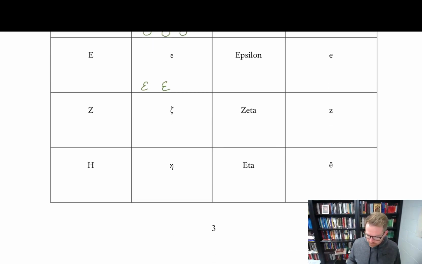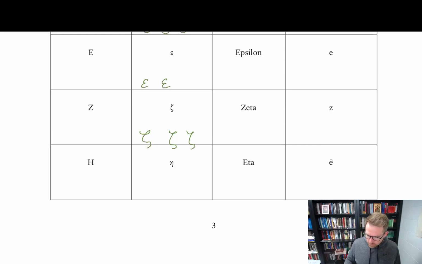This is one of the more difficult letters because it's so different than anything that we have. But you're going to think of it as having a little hat, come on down, and then a swoop at the bottom. Little hat, come on down, swoop at the bottom. That is the zeta. Eta looks a little bit like our N with some extra, but this is a long